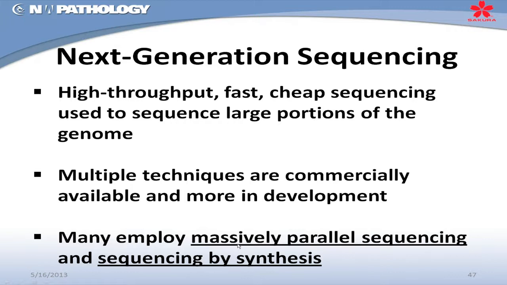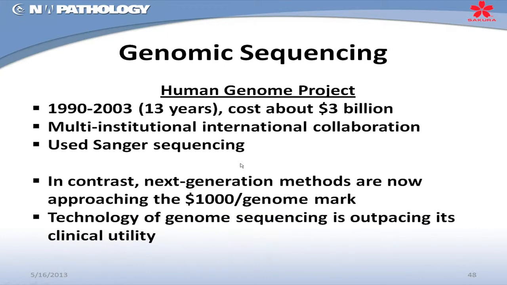And I won't describe these methods in detail, but most of them use what's called massively parallel sequencing, so multiple reactions in the same system that are sequencing various stretches of DNA that can then be compared and aligned to each other to give you long stretches of known sequence. And a method of sequencing by synthesis, which is somewhat analogous to that pyrosequencing that I alluded to briefly before. So again, I won't go into these in detail, but just know that there are multiple new methods of sequencing beyond that Sanger sequencing that I just described,